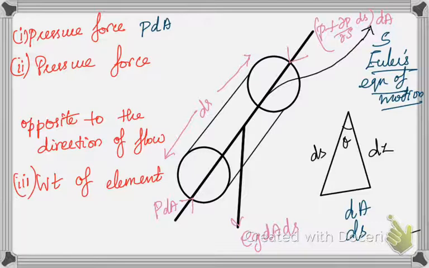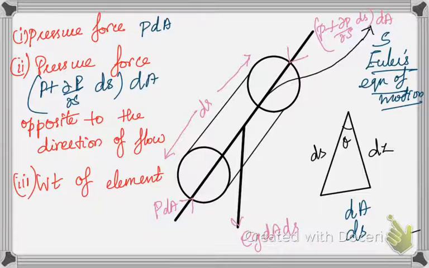This PdA will be in the direction of flow. And the second force is another pressure force, which will counteract this force. This pressure force is going to be P plus dou P by dou S into ds, into dA. Generally PdA should be there, but since it passes through the cylindrical element, a small amount of pressure force will also be added in extra.